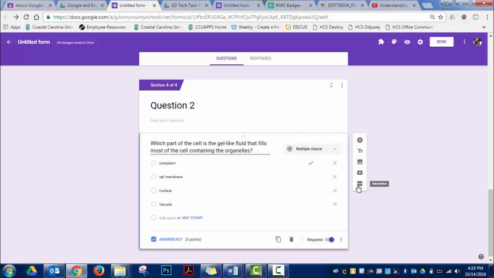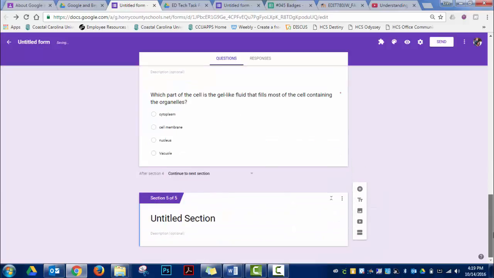And then I can add a question 3 if I want to add another one, or I can add another section and I could put great job, you're done with this test, and then they could have to go there. All they'd have to do is once I add the section, I could say question 2 revisited, and then I can give them information here about different parts of the cell. The information you gave was not correct. Which part of the cell is like jelly? And I can add the question again if I want,